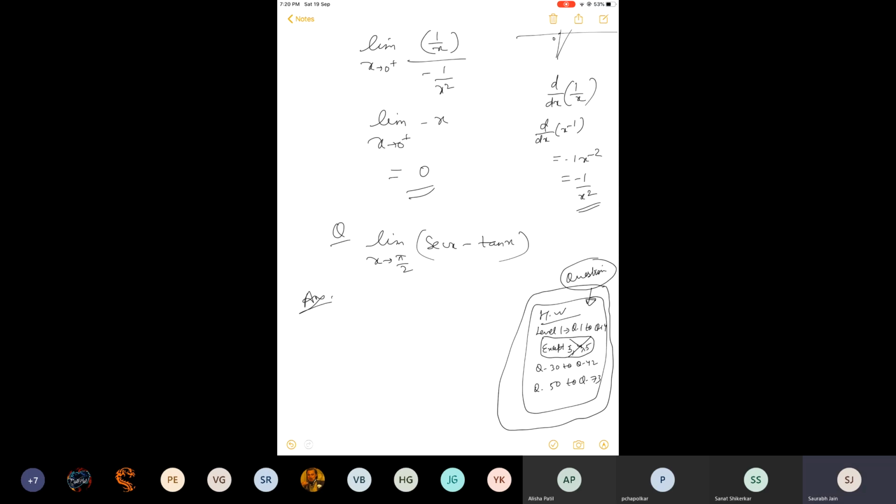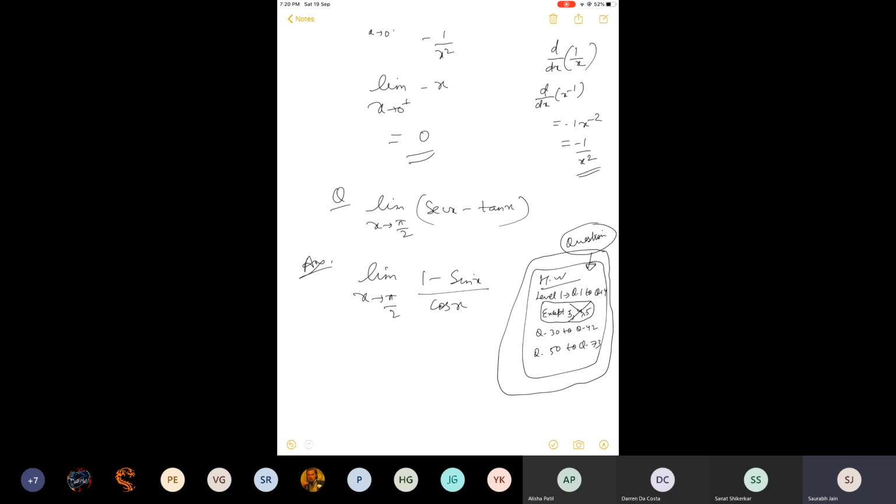So I took sec x as 1 upon cos x and tan x as sin x upon cos x. Yes, that's correct. So, firstly, in place of sec x, you have written 1 by cos x, and in place of tan x you have written sin x by cos x. As a result, the denominator will be the same and this will be the LCM. The first step is absolutely correct.